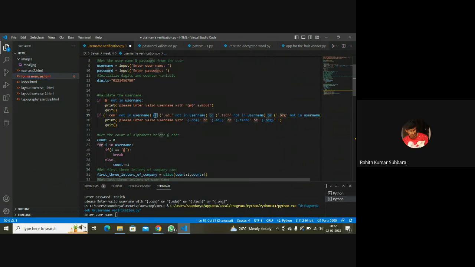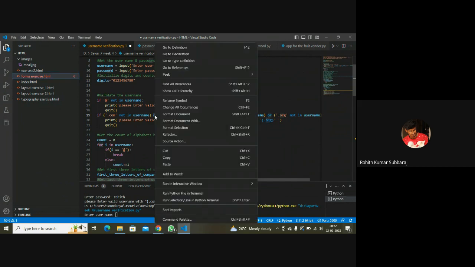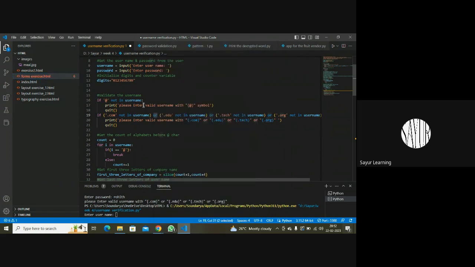மேம் அந்த கிளாஸ்ல வீடியோல அந்த வேரியபிள் நேம் மாத்திர சொல்லி தந்தீங்களா மேம்? Rename symbol. Variable name மாத்திரதுன்னா you have to do a rename symbol. But what are you changing now? You cannot change OR, that's not a variable name though. இல்ல வேரியபிள் நேம் மாத்திர எப்படின்னு கேட்டேன். Yeah, sure, that's the symbol. So okay, change it to AND now.